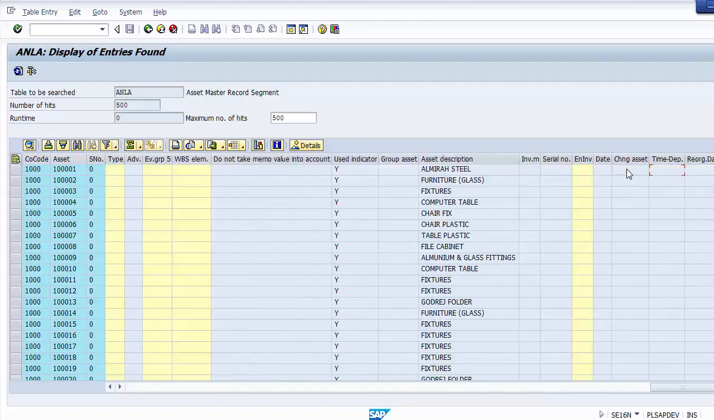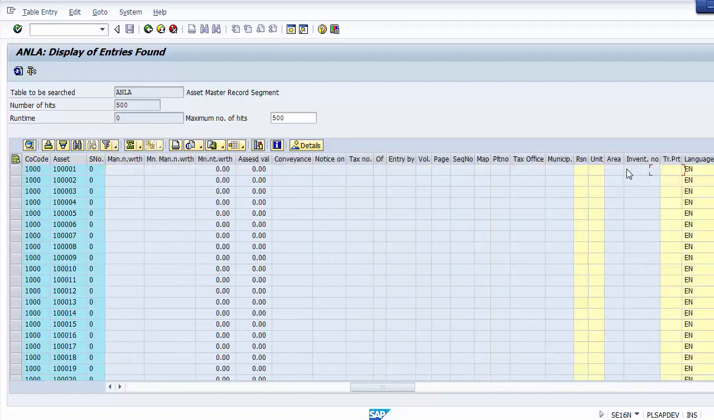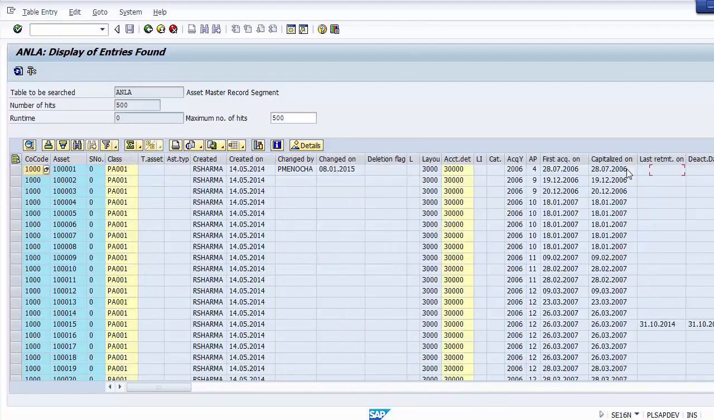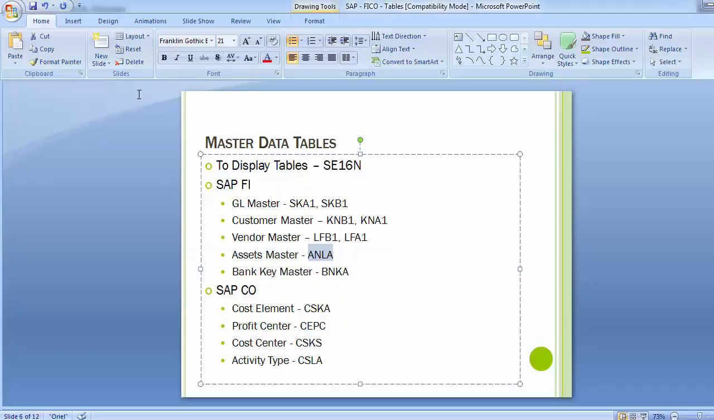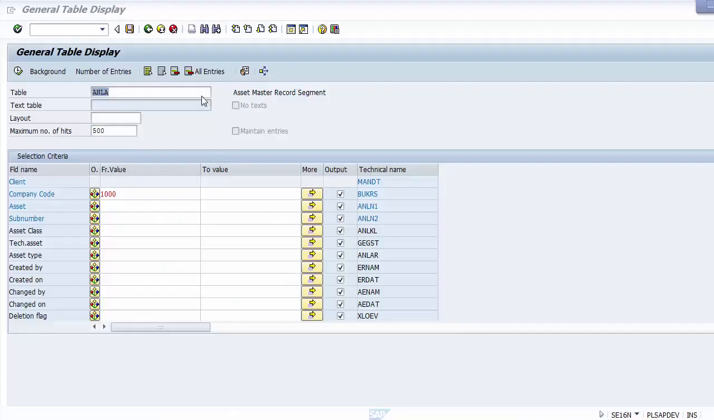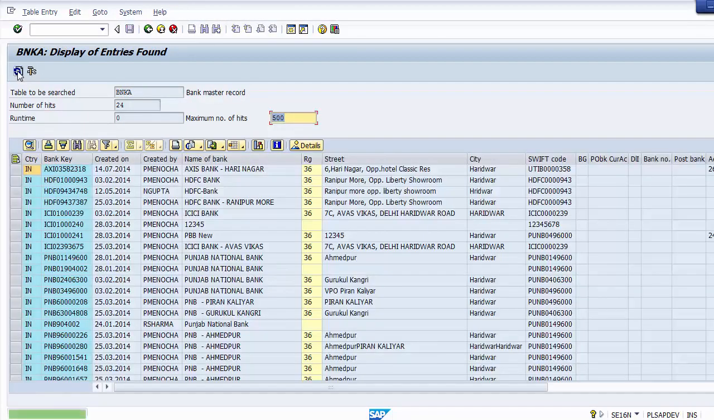So this is about the master data of asset, and you can see the table has been described over here as well, asset master record segment. Similarly, now you can execute the bank master data BNKA. It shows you the bank name, bank key, bank address details. So if you execute this table now, it will be reflecting you the bank related master data, and you